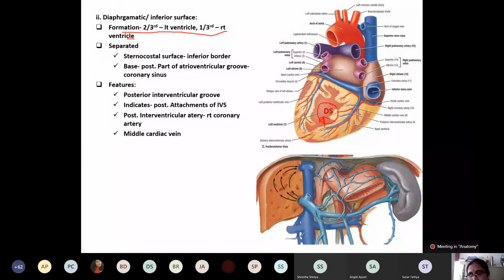Here we may ask, identify the pinned part of the structure, that is the posterior interventricular groove. What are the contents? The contents are one artery and one vein. What is the name of the vein? Medial cardiac vein. And what is the name of the artery, my dear student? It is the posterior interventricular artery, which is the branch of the right coronary artery.